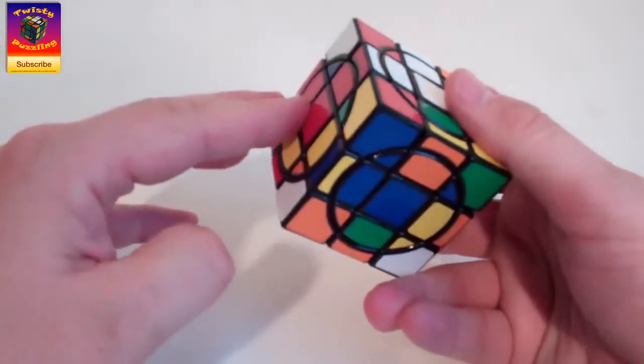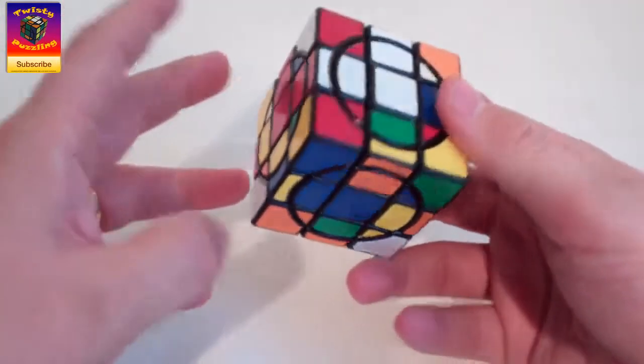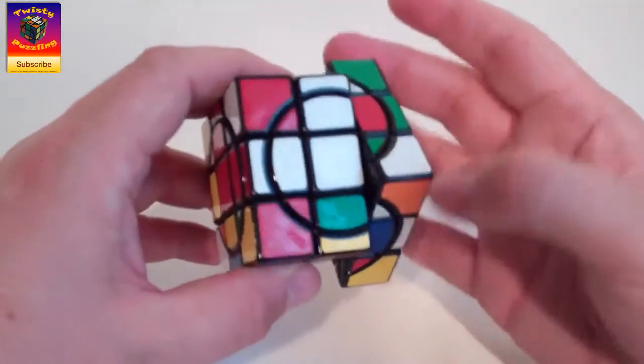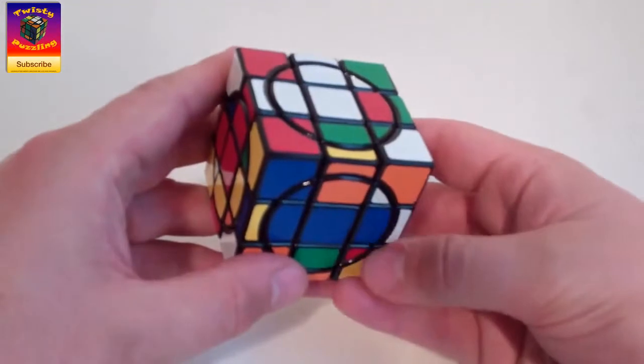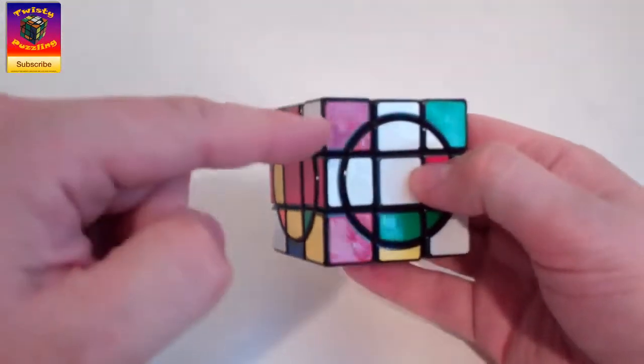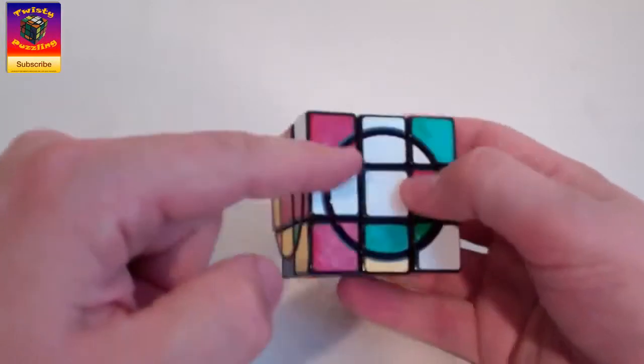How are we going to do that? Well, first thing is we're going to get a red and a white corner onto that bottom face. And so I can just turn that down like that. It puts them there and it doesn't disrupt any of this. Now, to put that white inner corner here,